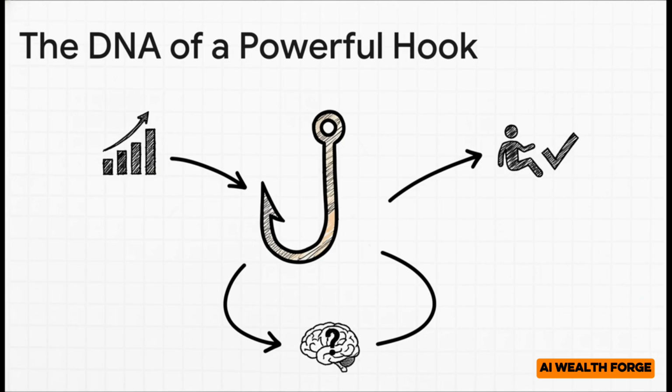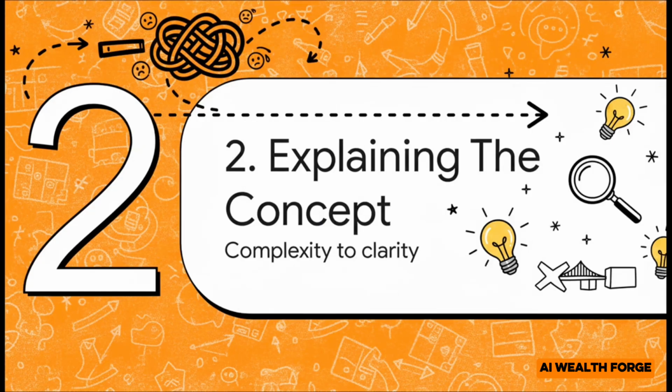A really killer hook has 3 key ingredients. You start with a clear promise, you're going to make money. Then you add this element of intrigue. Wait, how does AI do the work? And then you just wrap it all up in this beautiful sense of simplicity. You just collect the profit. It's that combination that creates a question in the viewer's mind that they just have to stick around to get answered.